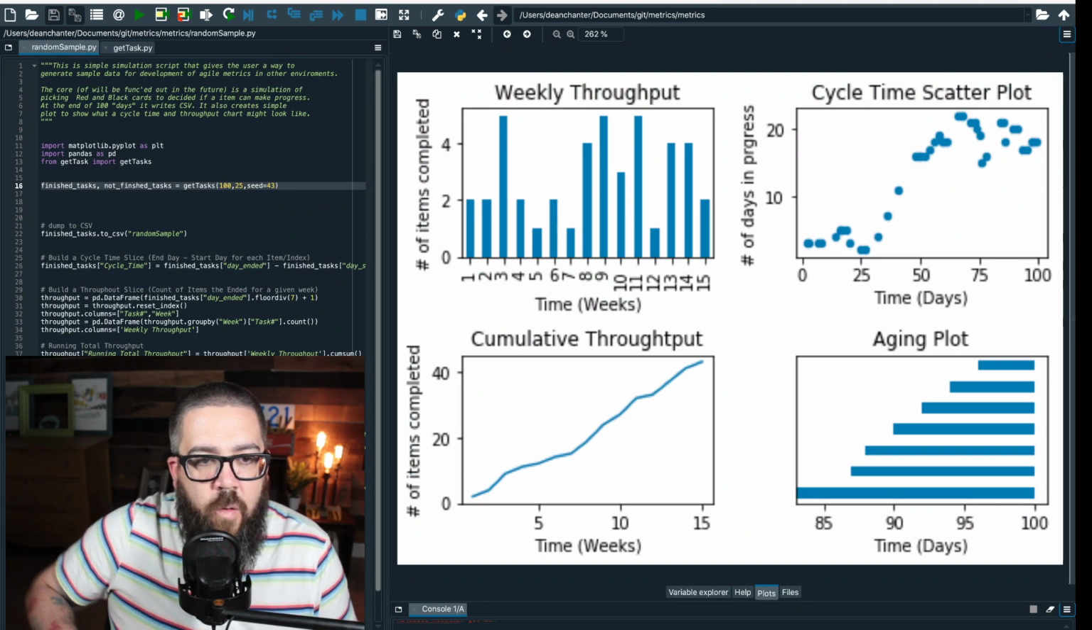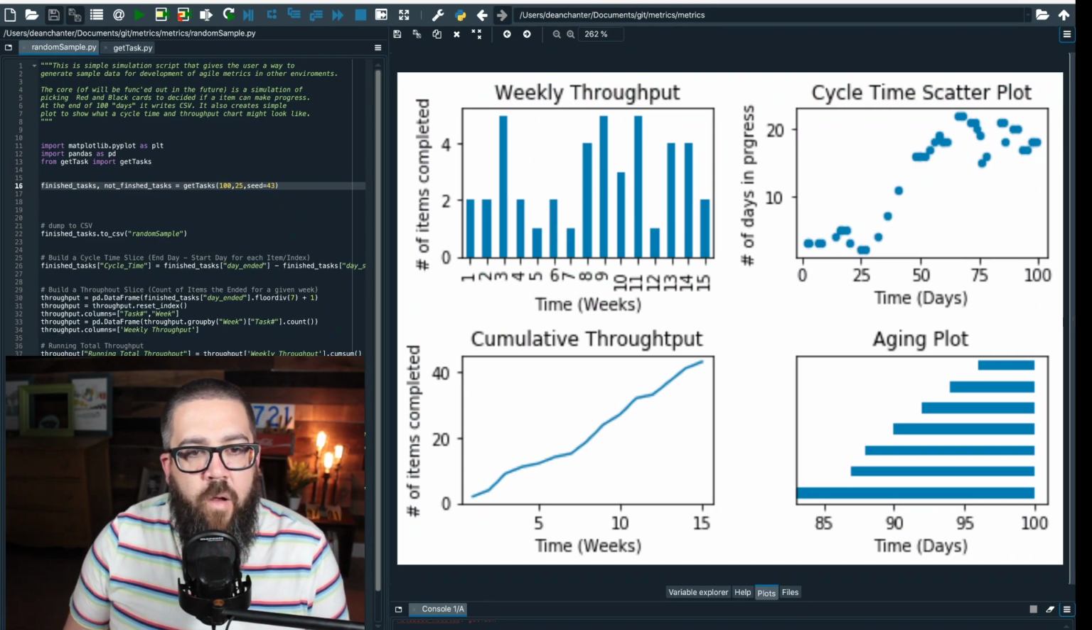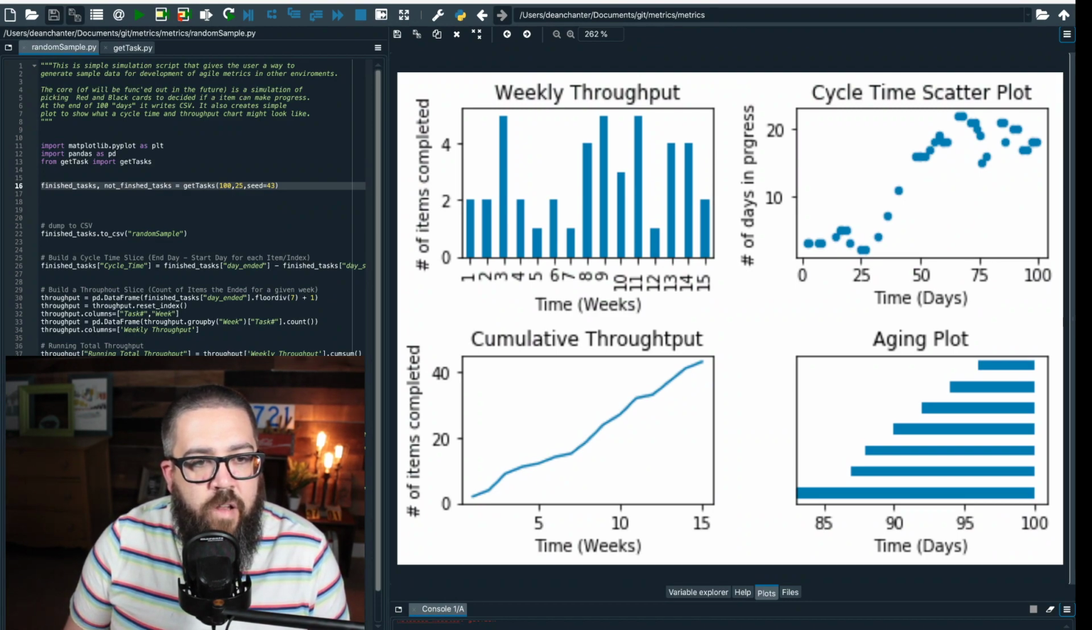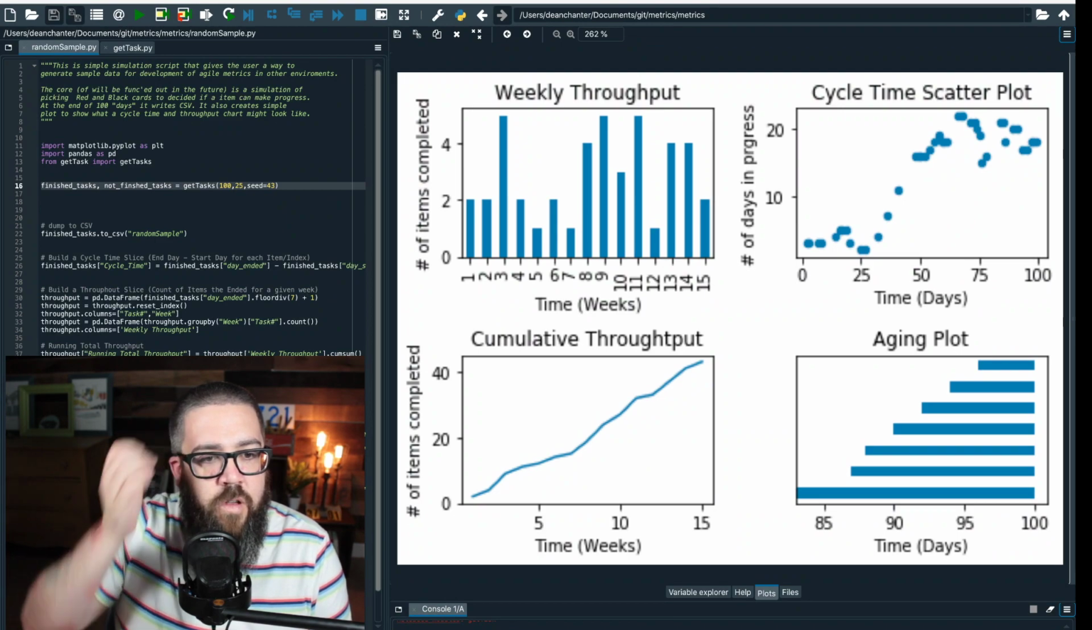So with that, let's talk about metrics and my 3 favorite metrics. My 3 favorite metrics definitely are throughput, cycle time scatter plot, and the aging plot, in reverse order. Aging plot, definitely my absolute most favorite, but we're going to save that one to the end. So let's talk about throughput first. So throughput